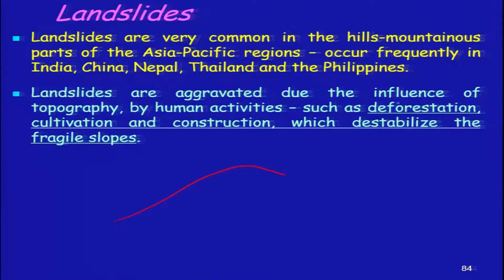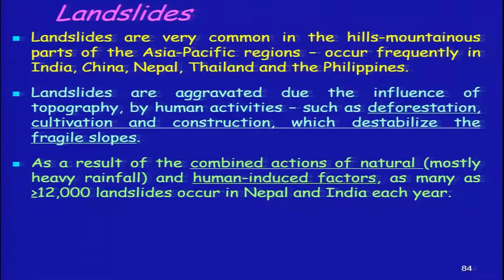Human interference is deforestation and construction also. So, human interference, for example, will be like you cut this area for the construction of a road, then you are exposing this part further. You put more load on the slope, that also will result in the destabilization of the fragile surfaces. So, overloading by putting more construction material or dumping more material on the slope can also be the reason for